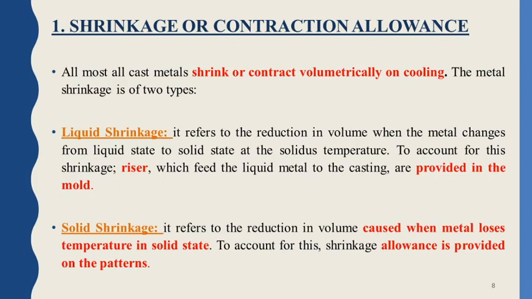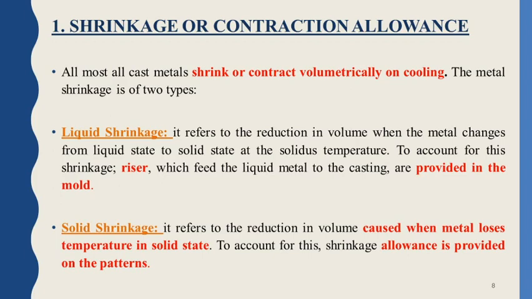In liquid shrinkage, we can compensate for it with the help of the molten metal stored inside the reservoir, which is the riser. So we know the function of the riser and runner. The riser actually acts as a reservoir for molten metal. The riser is designed in such a way that it will be solidified last during the entire casting process. After solidification of the molten metal in the cavity, only then will the molten metal in the riser solidify. So there will be molten metal stored inside the riser, which can be used when we require it.